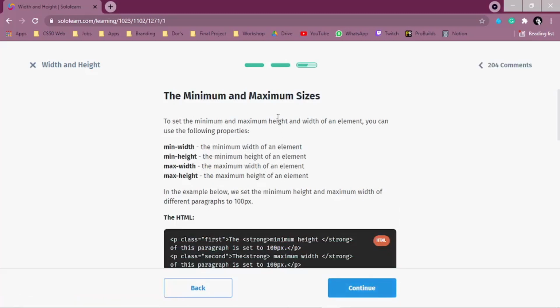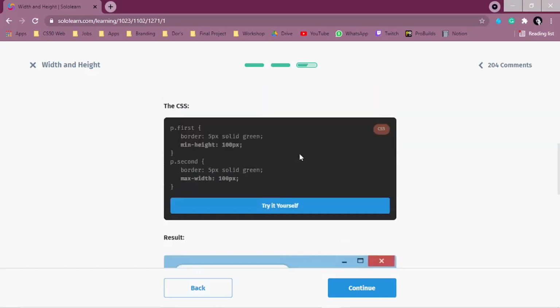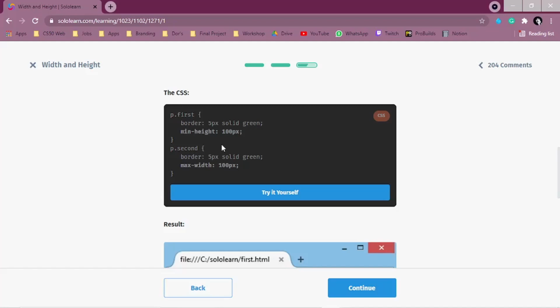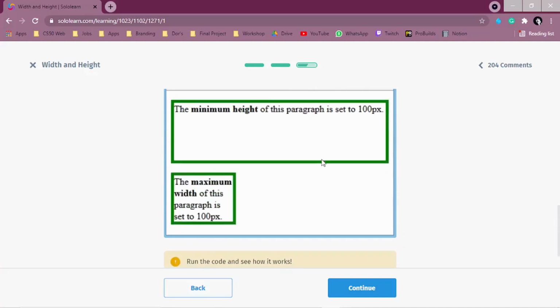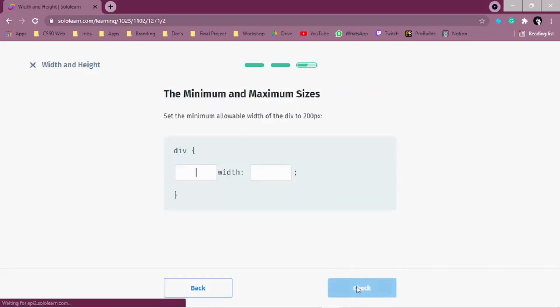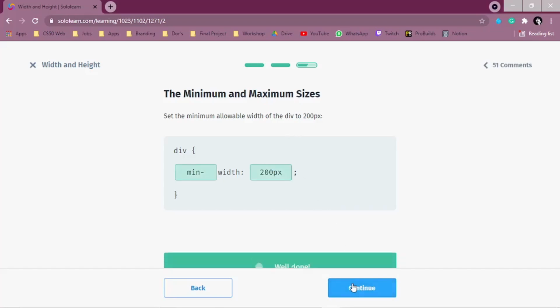Okay? And the minimum and maximum sizes: to set the minimum and maximum width and height of an element, you can use the following properties: min-width, min-height, max-width, max-height. So you can set what will be the max height of some element on your HTML, or min, or width, or you can choose whatever you prefer. Okay? So set the minimum allowable width of the div to 200 pixels. So we want the minimum, we use min-width and 300 pixels. Okay,